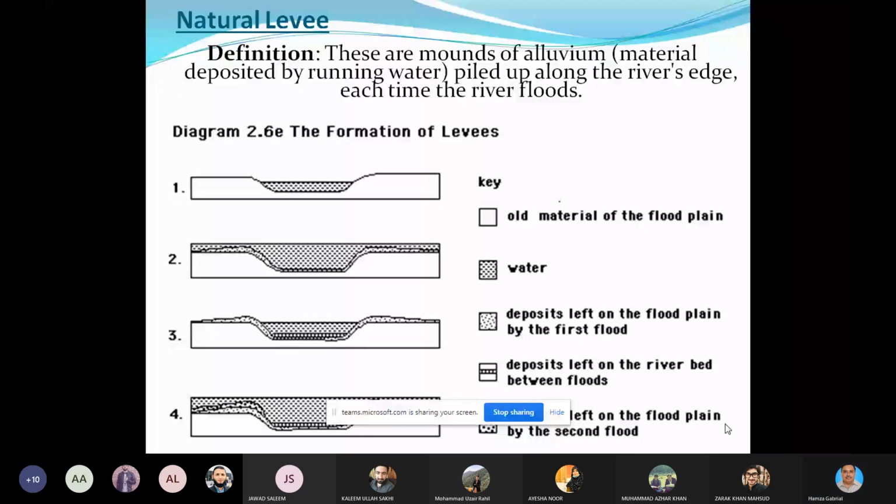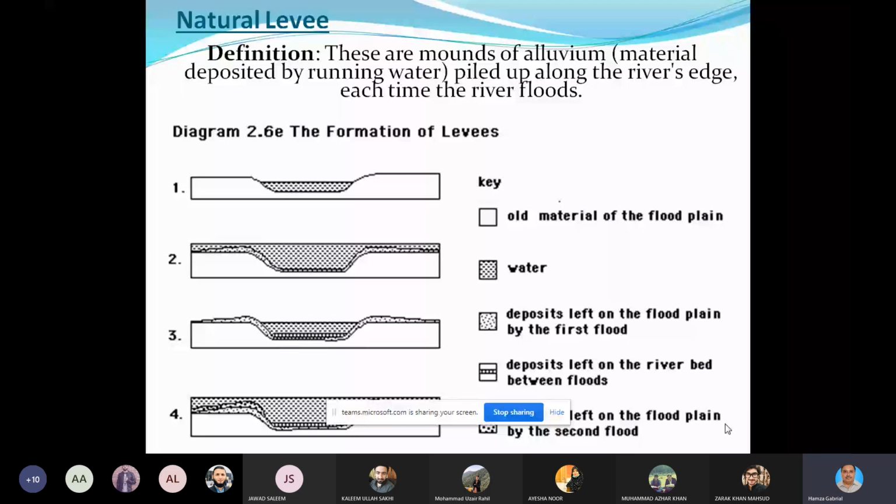So in the diagram you see the four steps. The original floodplain, when there was no deposition, only you can see water in it. But after flooding, you see there is a rise in the riverbed, and it also deposits the sediments on either of its banks within the floodplains. As the flood recedes, the water goes back into the channel, but the sediments, due to the decrease in velocity, settle down or are deposited on the floodplains.